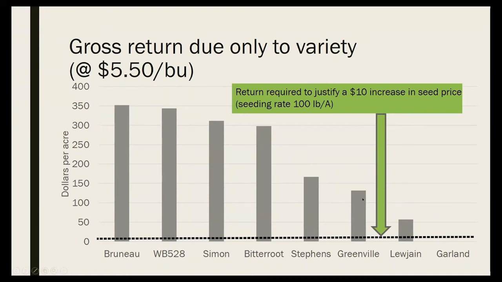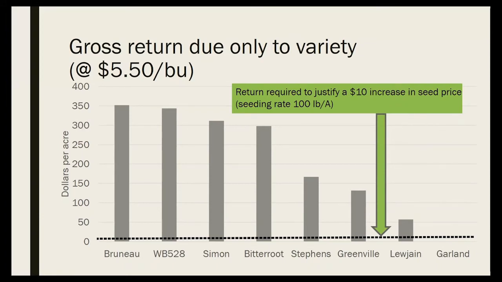Now, check. So even the next closest would be an extra $60 an acre. Here's one that would be an extra $160 an acre. And you can see that these top varieties would be about $350 extra gross return per acre by growing this variety over the lowest yielding variety. So this dotted line is showing you the cost of that extra $10 increase in seed cost, an extra $10 a hundredweight, which we sometimes think is insurmountable, but you can see in the big picture,